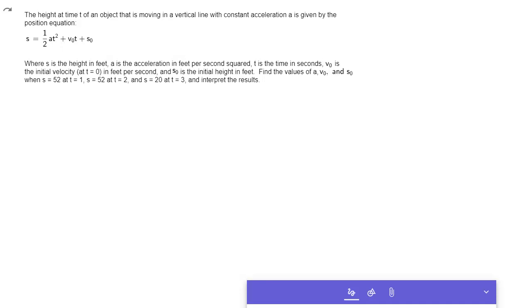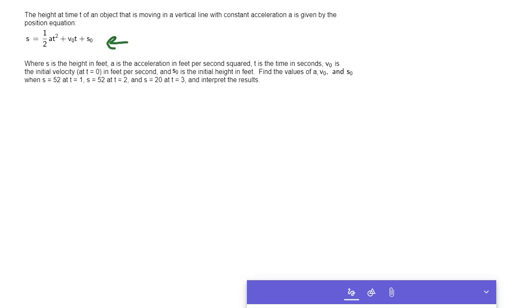All right, this is a typical problem you'd see in a college physics classroom, or in an algebra 2 classroom, or calc, or pre-calc, or any of those type of courses. But what it is, this equation here, is what you would use to map the height of a ball that you threw up in the air, or a rocket, or if you shot some sort of projectile up in the air. So the height at time t of an object that is moving in a vertical line with constant